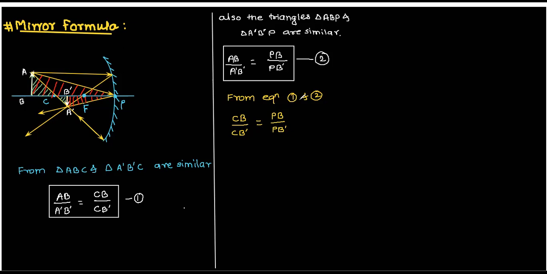Don't cancel B dash, B dash. Okay, not like that. Don't cancel the Ps, Bs and Cs, or everything gets cancelled and the answer becomes equal. Don't do like that. Okay, so let's move ahead.